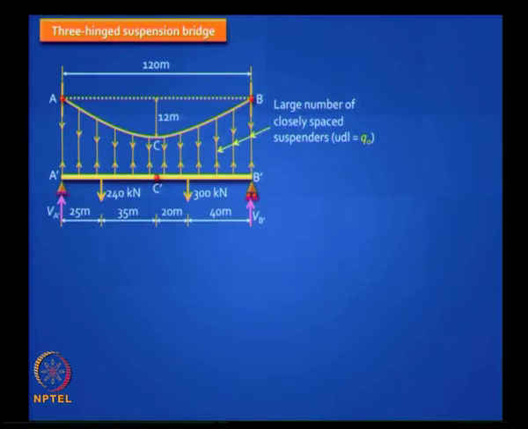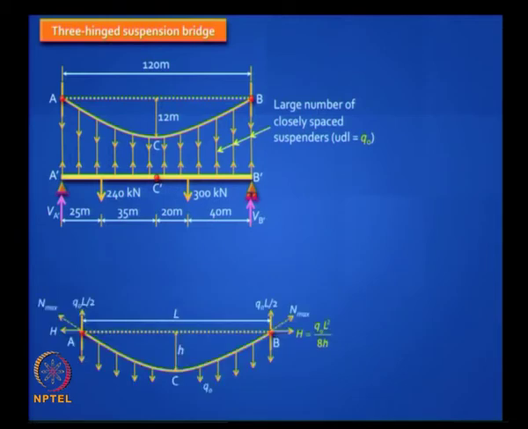If it is indeterminate, then actually the force in every cable can also be different. That is a real problem, but this is a simplification. So if you isolate the cable, you will find that there is only one unknown, the uniformly distributed load Q naught. If you know Q naught, then you know the rest of the problem.